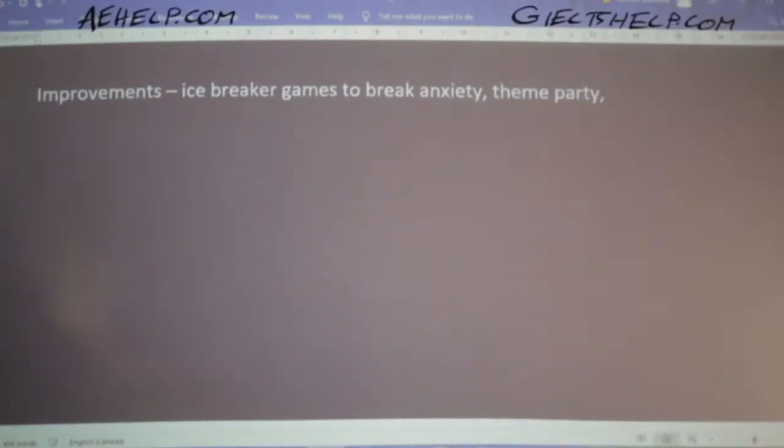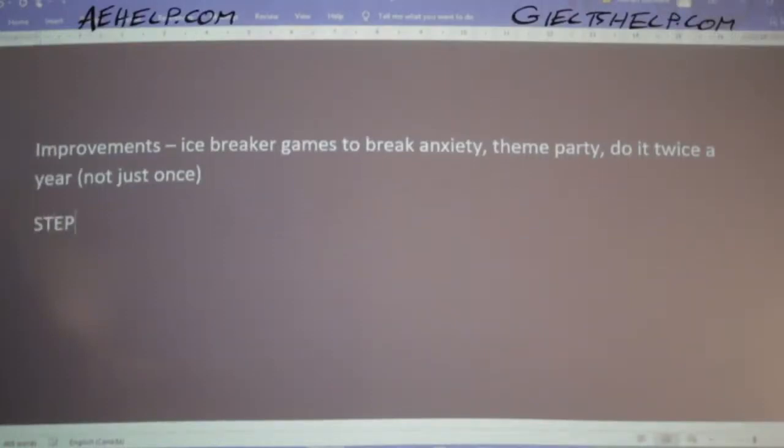Okay, I would say something simple like do it twice a year. So not just once. Okay, something like that. All right. And then my next step, this would be my step 5. Step 4 are my notes. Step 5 is come up with your first sentence